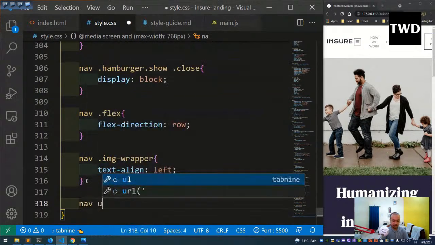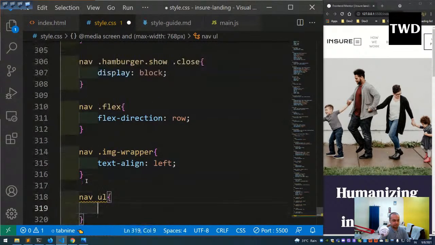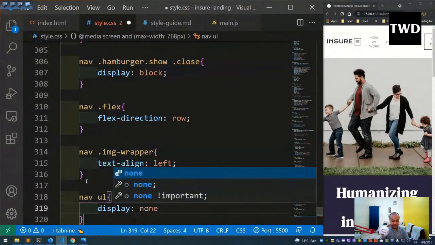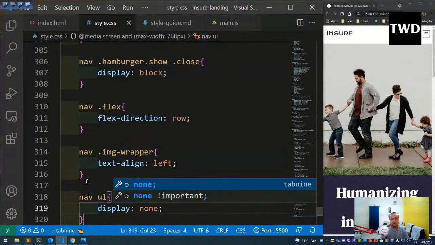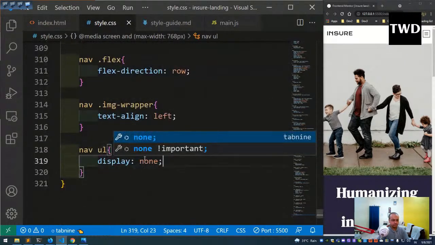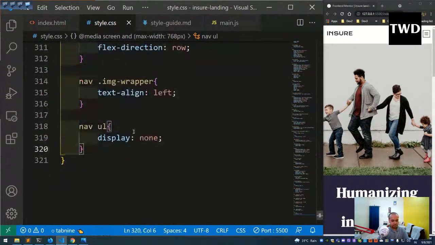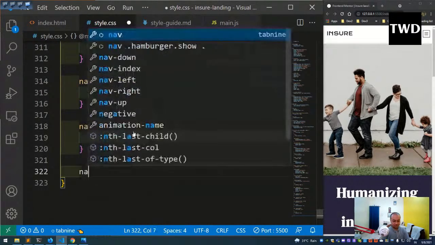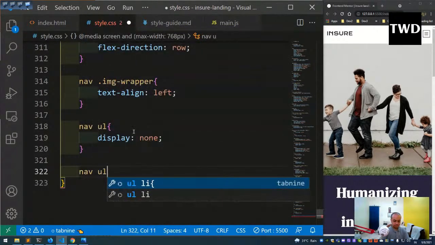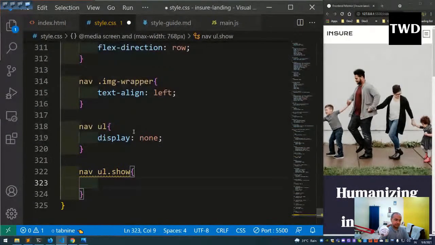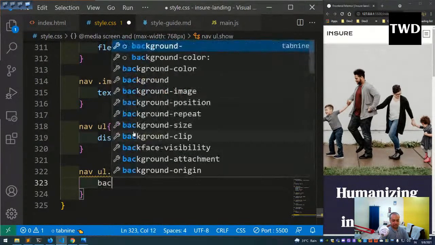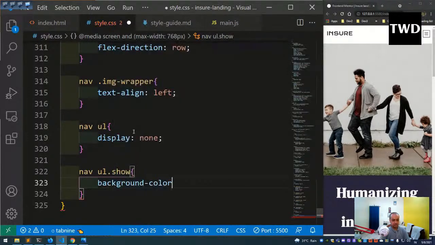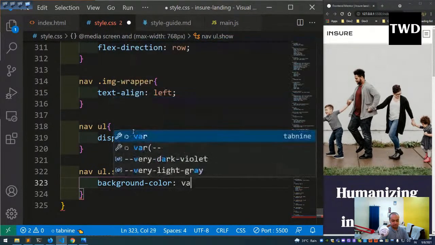The complete UL, we are going to do the display as none. Everything is gone. Now it is looking perfect. So it has also got a very less amount of JavaScript. Okay, so background color is var